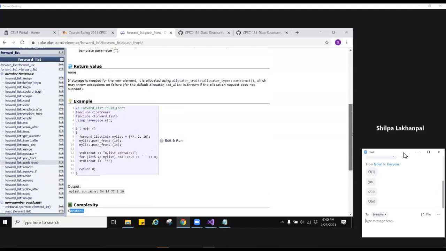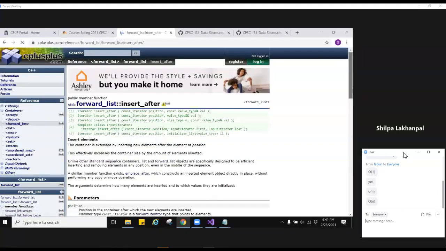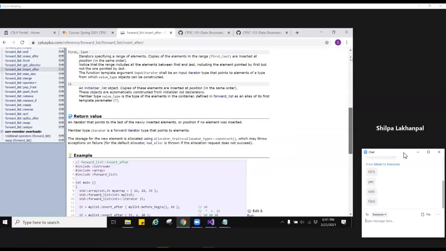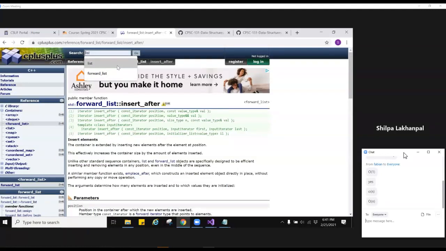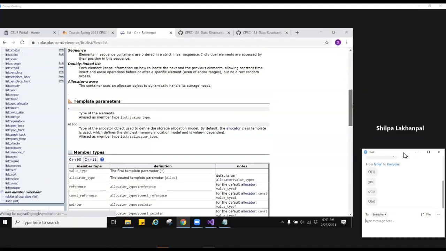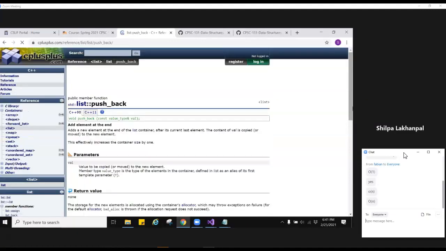Here's the thing, there's no push back over here. That's one indication that the standard library singly linked list does not have a tail pointer, and it just treats inserting at the tail as equivalent to inserting anywhere. Technically, without a tail pointer, if you want to insert something, it will just be order n. But for the list, of course, you do have a push back function, that means you do have a tail pointer. And that one is constant.